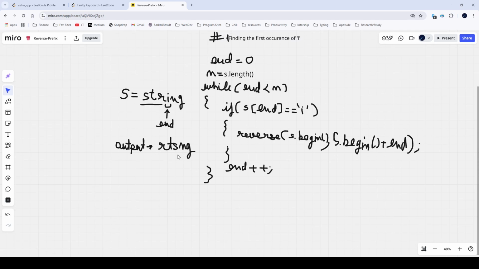The output should be this. So we have to, as you have noticed, we have not I here, and we have the reversed portion here, and ng as it is. So this portion will reverse that part of the string which are present before the I, but I is still there. So we have to declare a temporary string which is named as result,